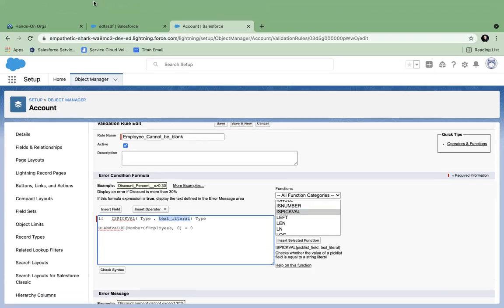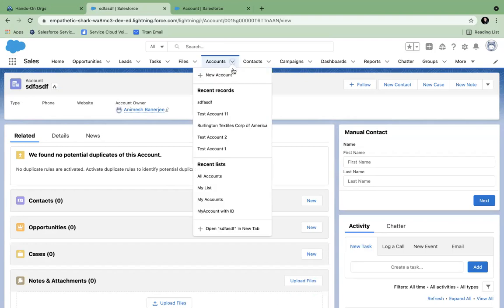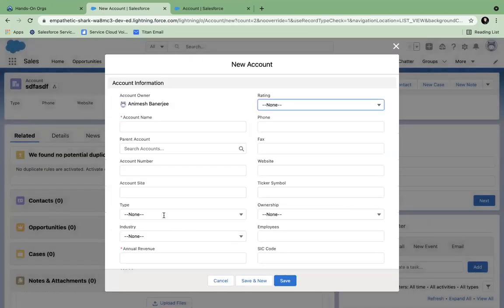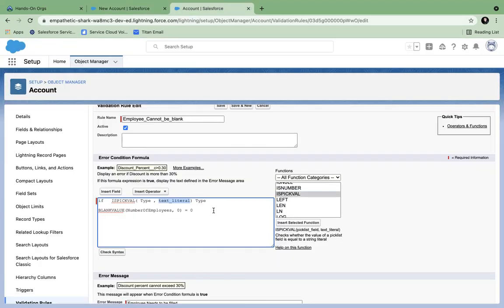and what are the pick list types I have in the pick list value? Prospect. So what is the IF parameter? How does the IF parameter work? Here is an IF: logical test, true value, false value.